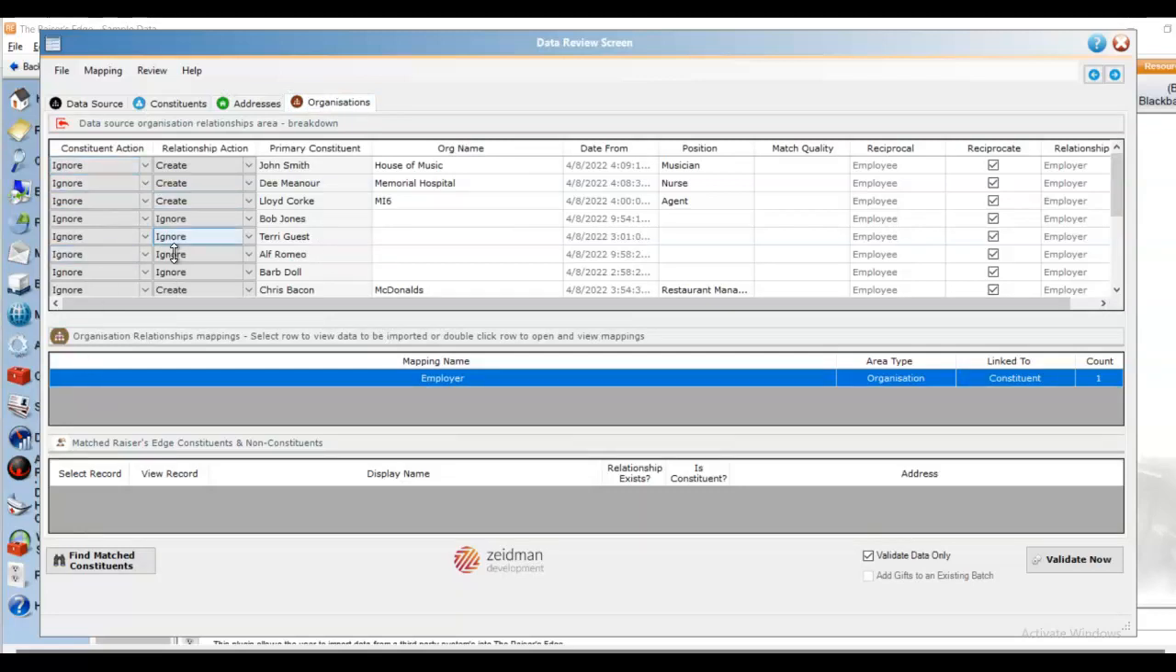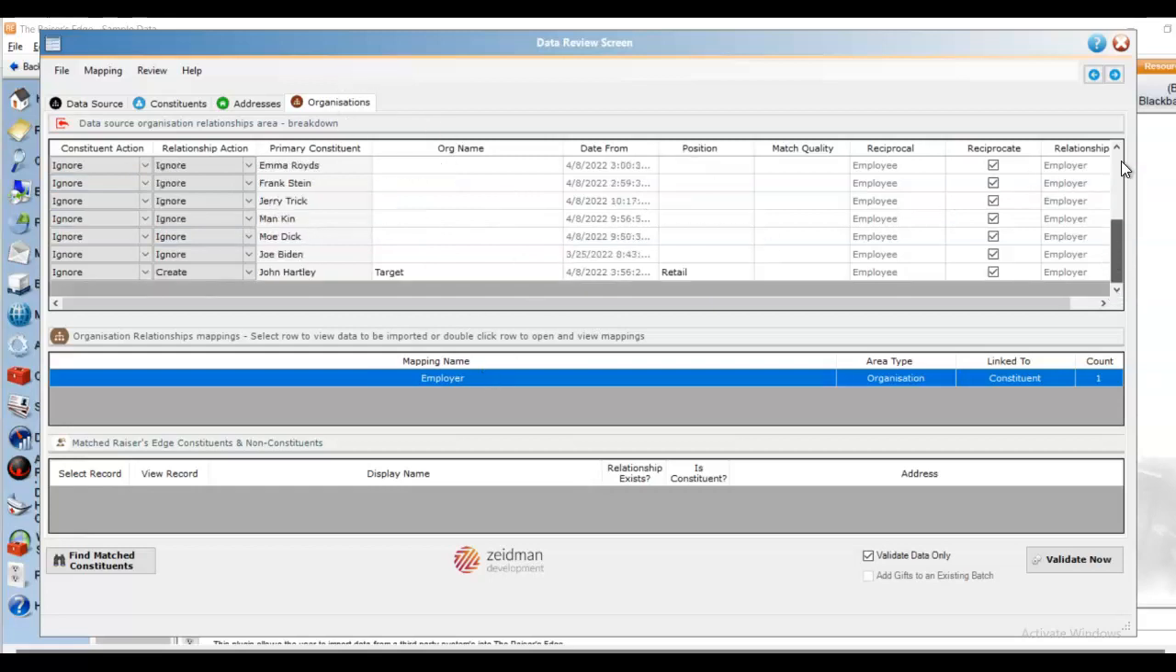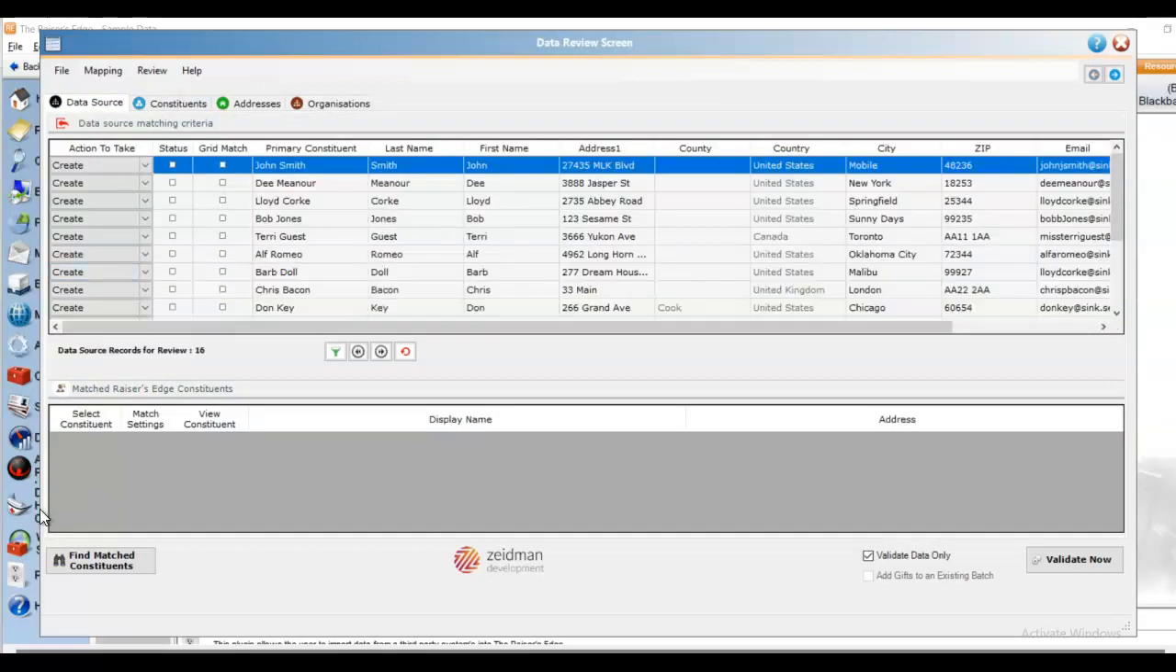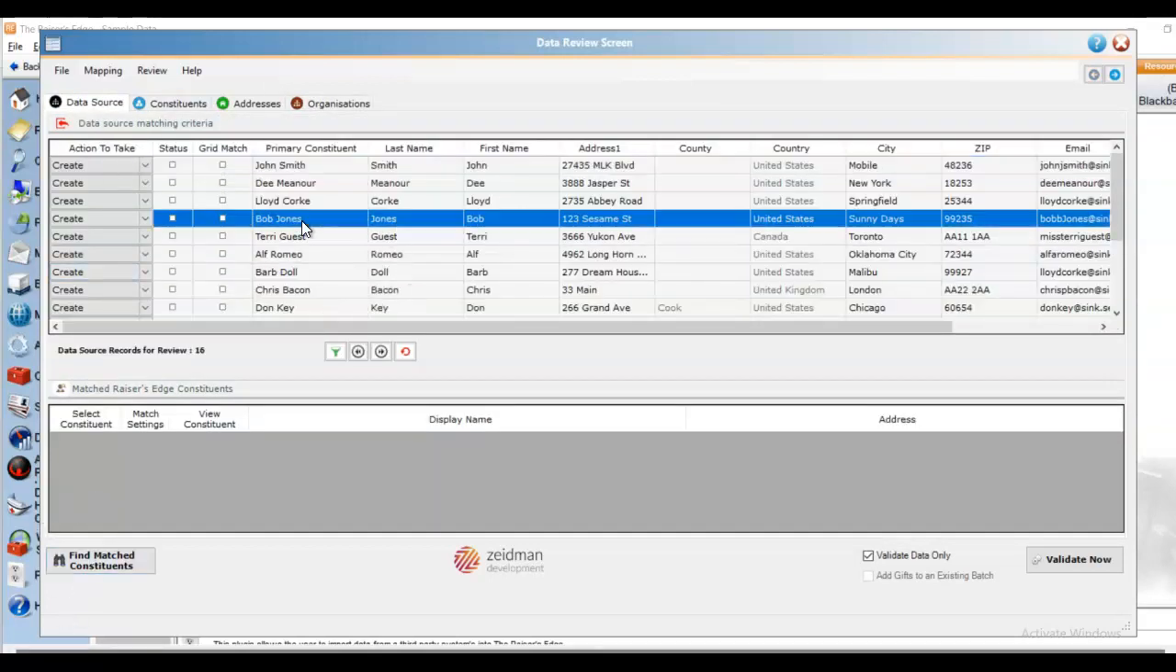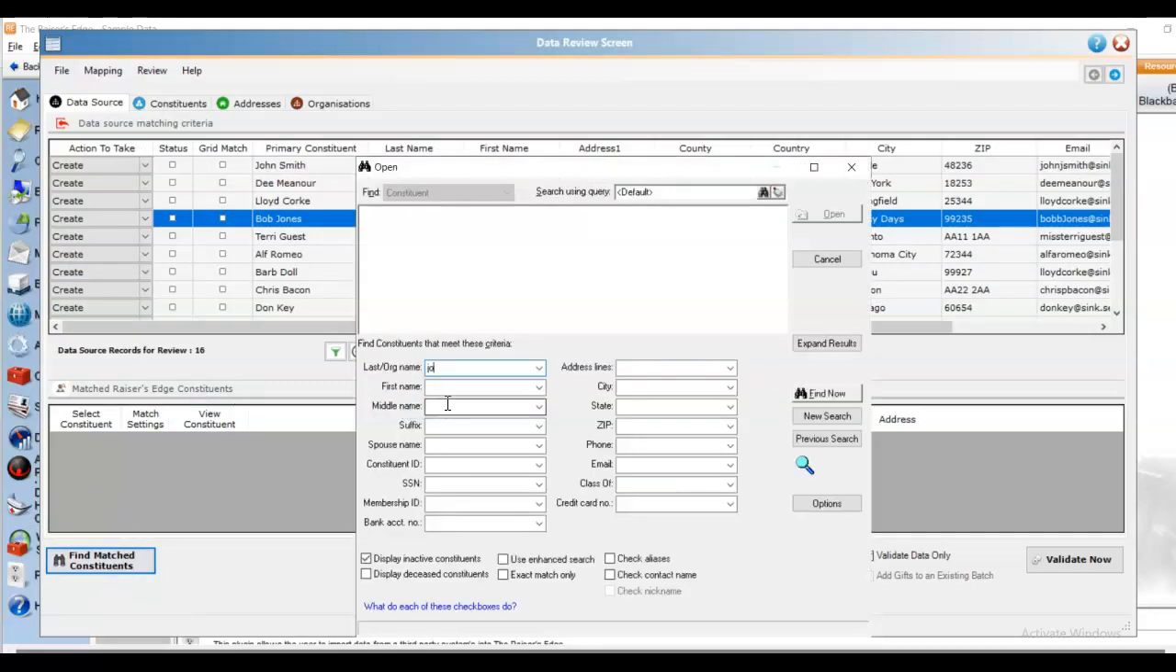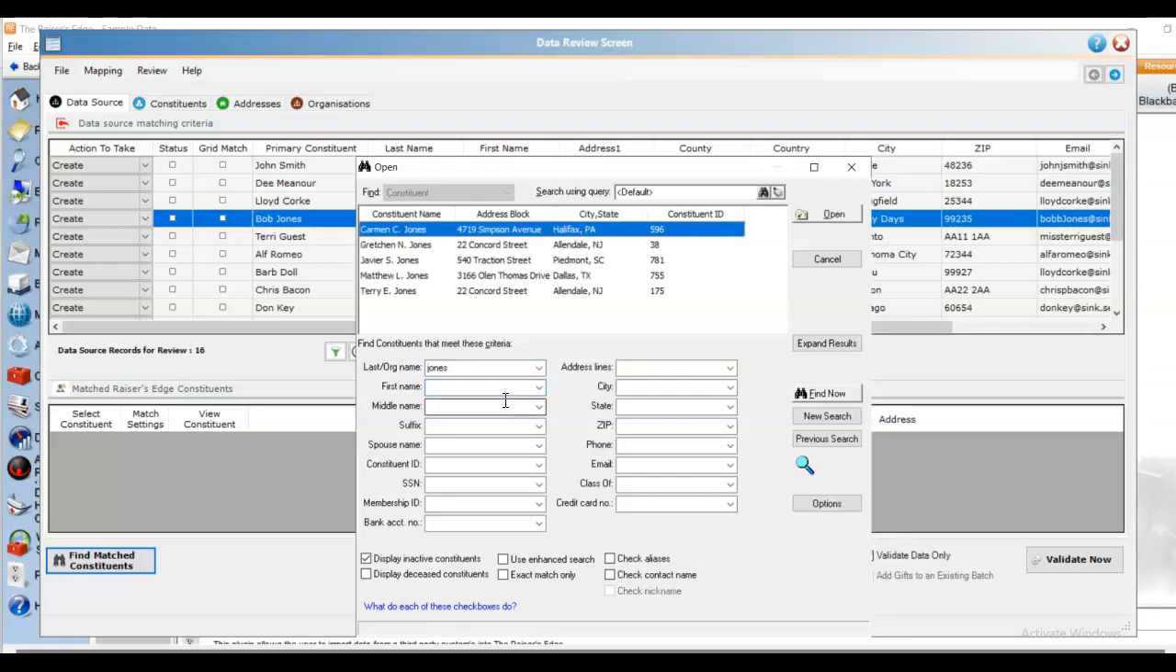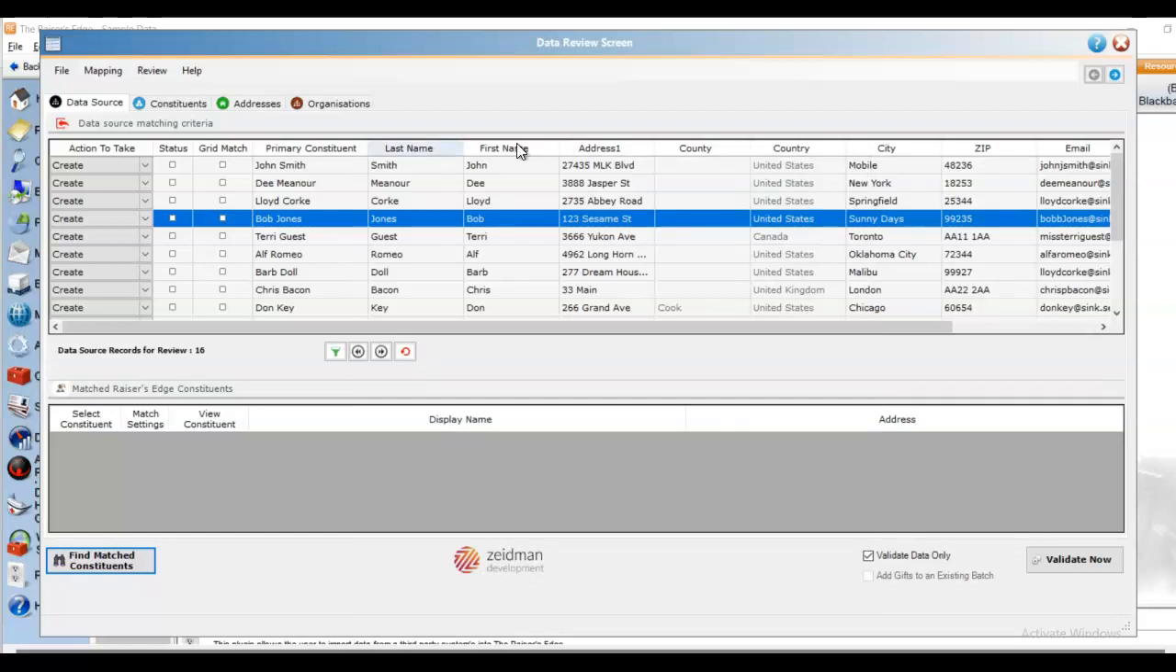So you can tell what's going to happen in Raiser's Edge. You can see that when information is blank, it does get ignored automatically. So those who don't have an organization name won't have a blank organization relationship, but those who do will have a relationship created. So a lot of good pieces to be able to review there. And you can also search Raiser's Edge to see if this person already exists. So if we think Bob Jones is in Raiser's Edge, we can always do a quick search to see. Don't have anybody under the name Bob Jones. Let's just try Jones. So maybe we don't have him in our system, but